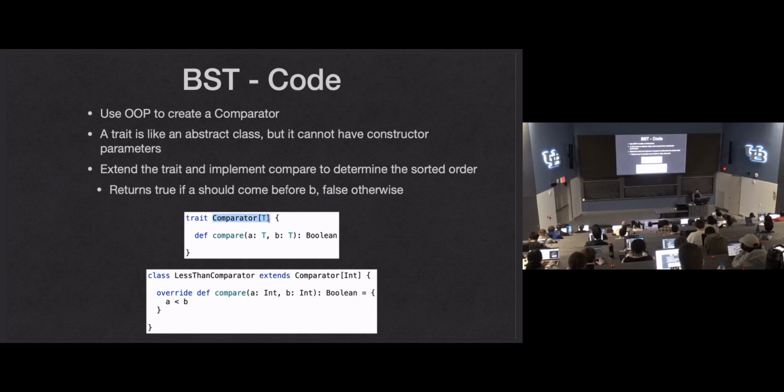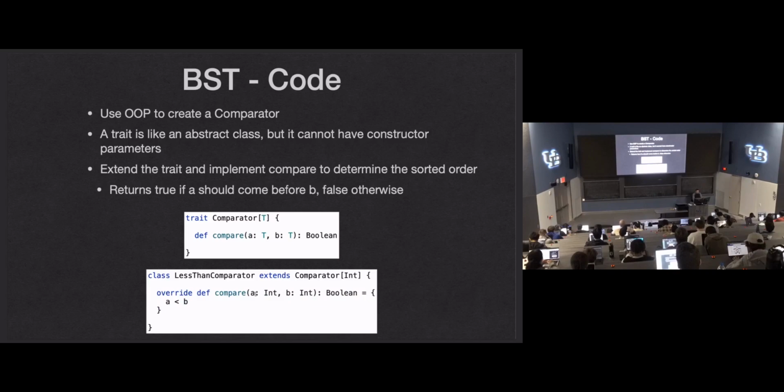So I'm going to create a comparator which takes a type parameter, which has one abstract method, compare, which takes two values of the type parameter and returns a Boolean. This is going to be similar to the comparators that you saw in 115. If you took 115 here, in JavaScript you would have that comparator that would take two values, and I think JavaScript returned an int instead of a Boolean, so it was a little different. I don't recall off the top of my head. But we're going to return a Boolean